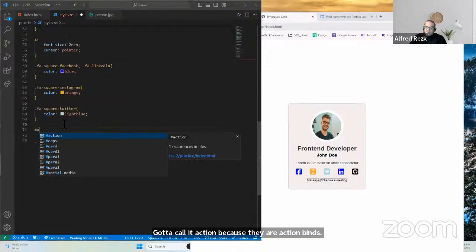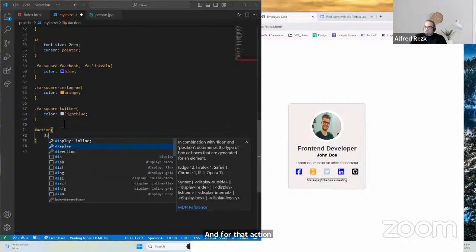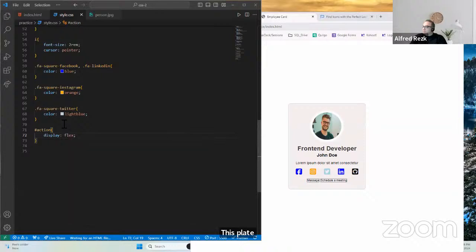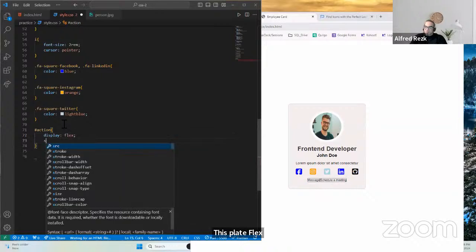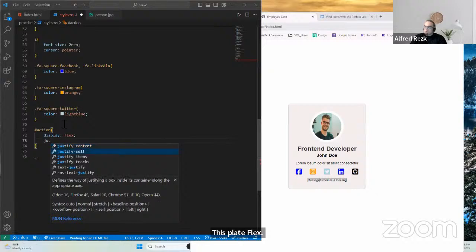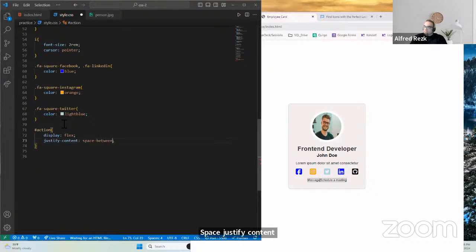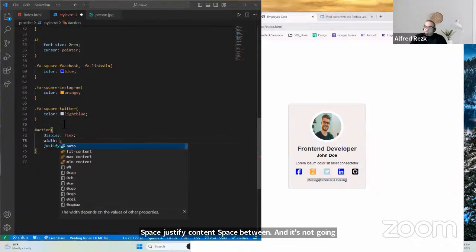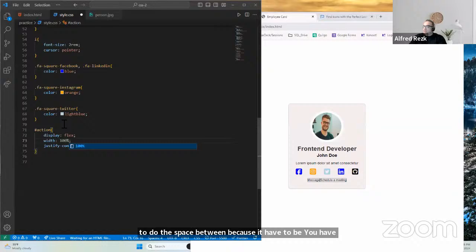And for that action, display flex, justify content, space between. And it's not going to do the space between because it has to have a width. You have to explicitly give the width 100%. And now you will have this